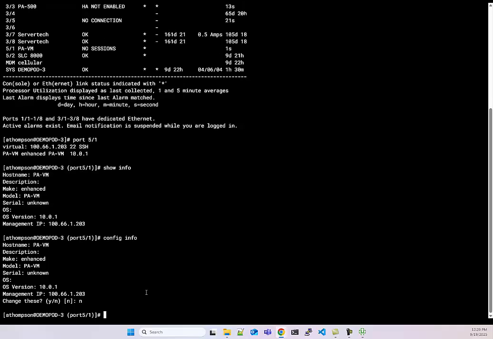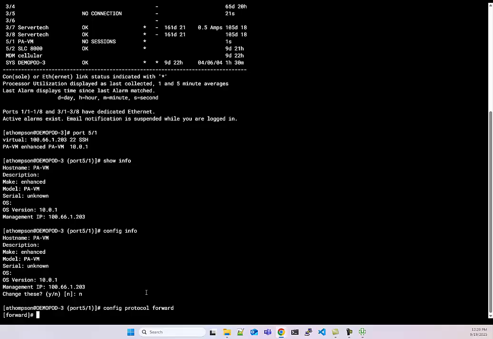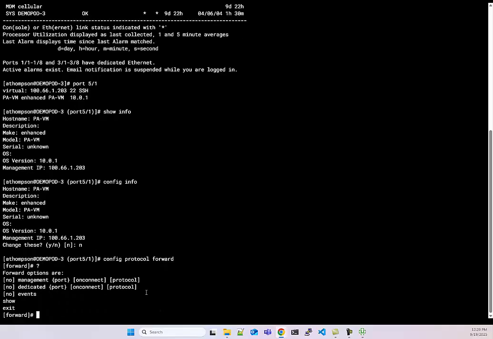And then the second part of that is the protocol forward. So if we do config protocol forward, we're put into a little editor where a question mark will show us what our options are. We can either define a forward over the management port, which is this management IP here, or we can do it over the dedicated Ethernet port, which again is not configured for this particular device, but you can use elsewhere.